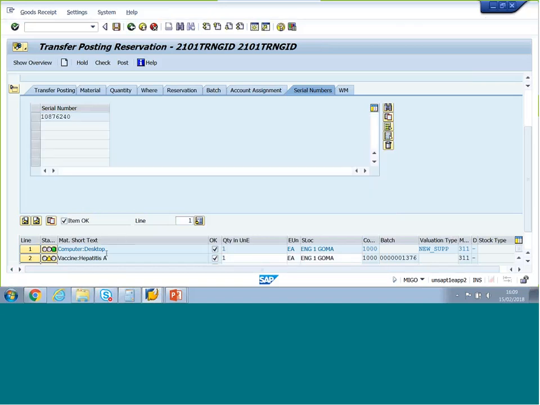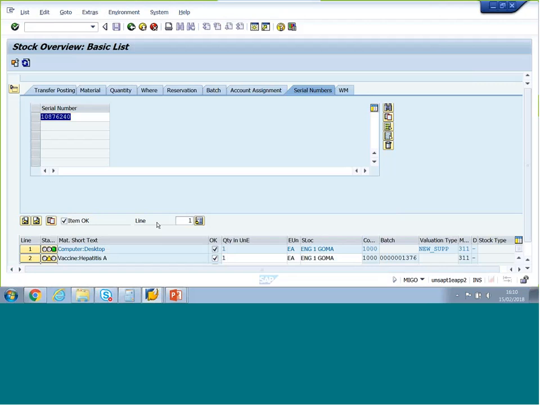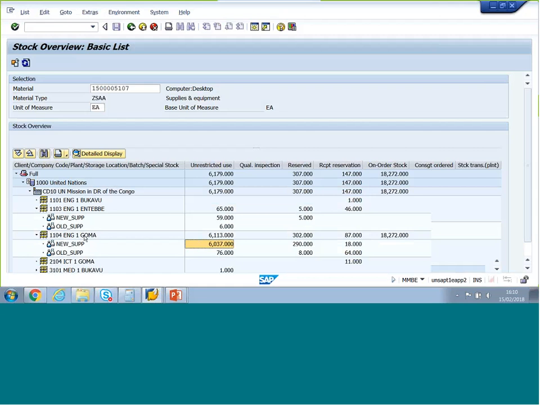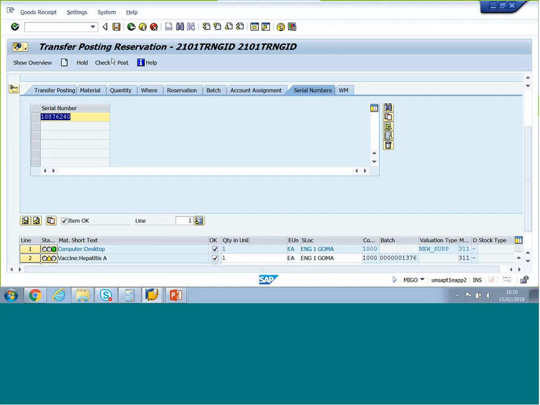We want to transfer more vaccines of the same batch, so we can post this transaction, and once we post it, we will see that the stock level in Goma will decrease. So instead of 6,037, we will have 6,036, and the stock levels in Entebbe will increase. Instead of 59, we will have 60. All right, so let's post this